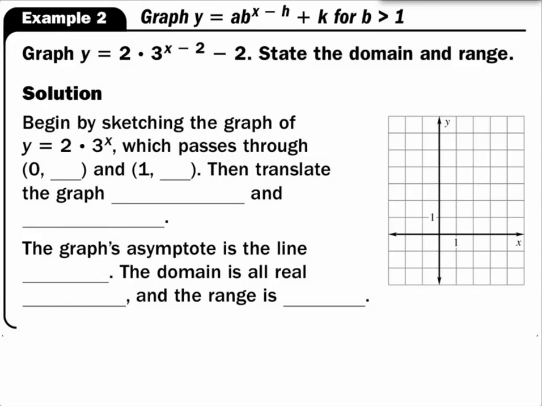If we move over to example 2, you see we have a different, slightly more complicated piece of business here. The first thing I want to do is talk about the general construction they have right above example 2. It says y equals a times b to the x minus h. I'd like you to, in your mind at least, go ahead and put parentheses around x minus h, because